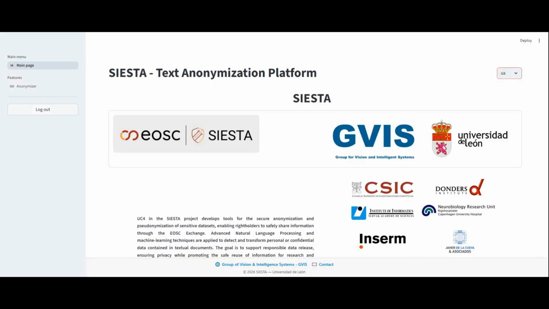Welcome to the Cyber Incident Report Text Anonymization tool. This is a prototype created by the SIESTA Use Case 4 Text Anonymization team at the Group for Vision and Intelligent Systems Research Lab at the University of León. This tool helps incident response teams to prepare cyber incident reports that can be safely shared for purposes like research